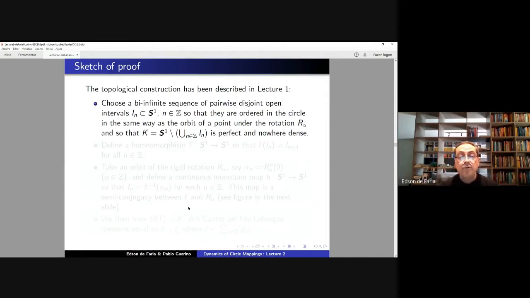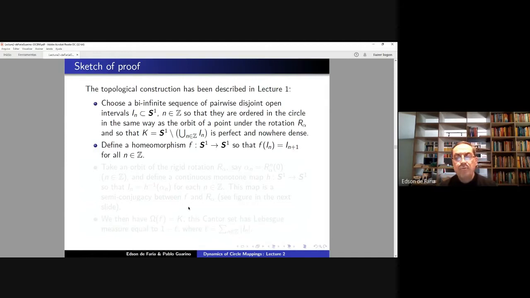And in such a way that if you look at the complement of the union of these intervals, what you get is a Cantor set. It's a perfect and nowhere dense closed set on the circle, so compact. So it's a Cantor set, okay? Well, how you deploy the intervals on the circle so as to satisfy these conditions is a little bit tricky. But if you look into our book for the series of lectures, you will see the careful construction of these intervals and everything else.